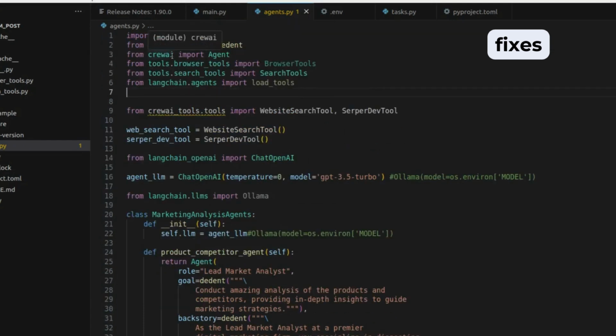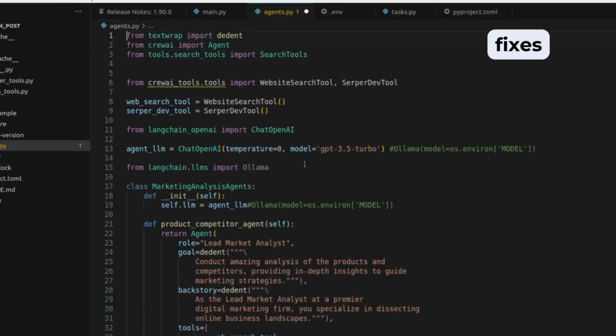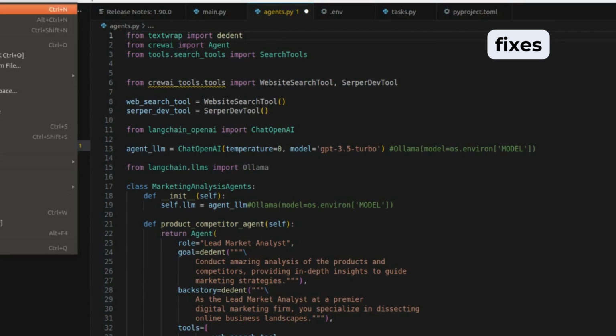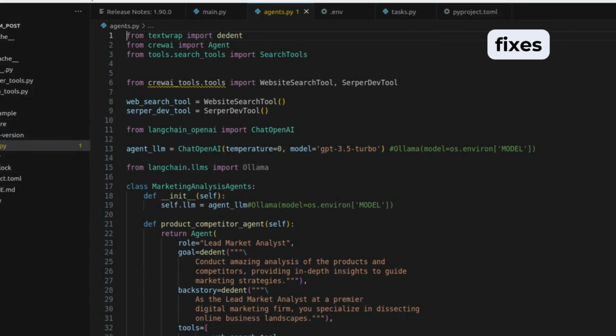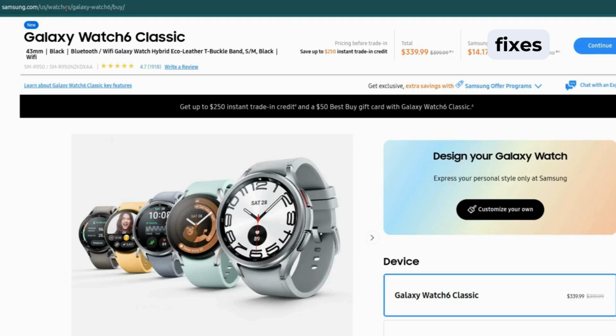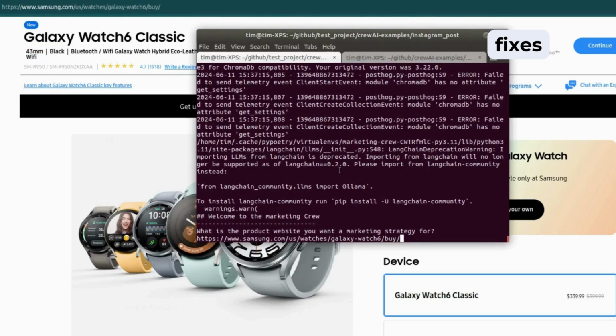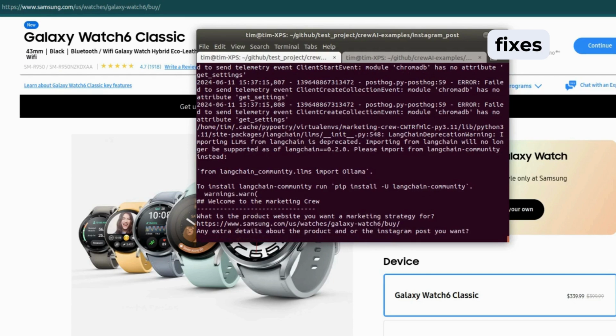Also, in case these extra packages we don't need give you some problems, feel free to remove browser tools and load tools and OS and anything you don't need, and save the file, and then hopefully you won't run into any errors. So let's run the crew. And just like last time, I decided to, just for comparison purposes, use the Galaxy Watch 6 again. So let's copy the URL of the product page, go back to the command line, and paste the product website. Any extra details? Best travel watch